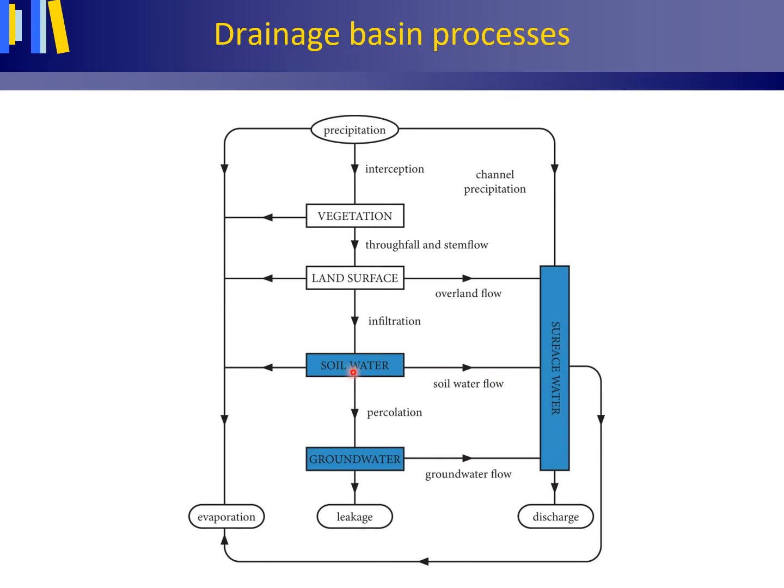It can move further downward from the unsaturated zone into the saturated zone, so from your soil water storage to your groundwater storage, a process which is called percolation, and I will go into detail about this process also later on. From your soil water body, I already said it can move as soil water flow to your surface water,